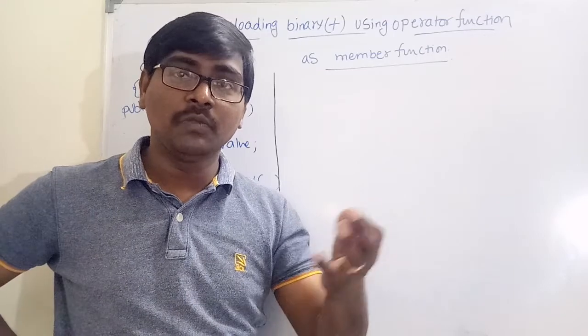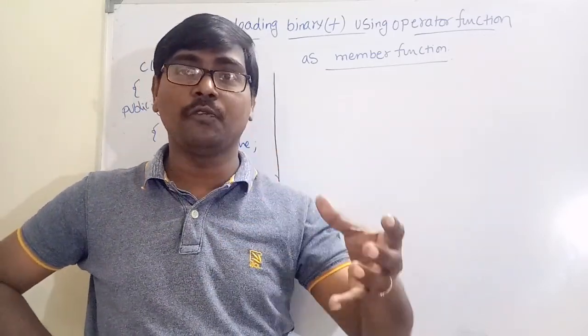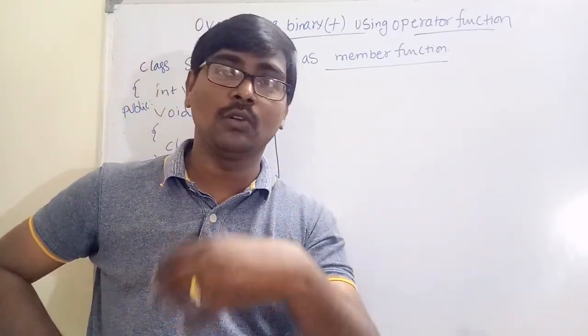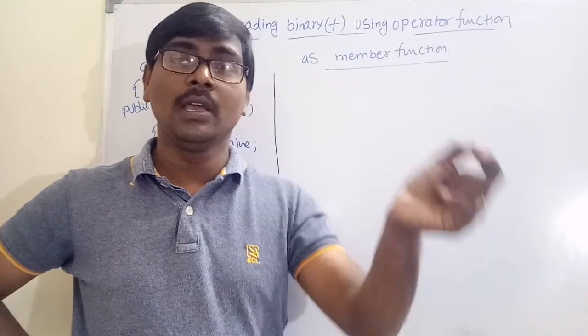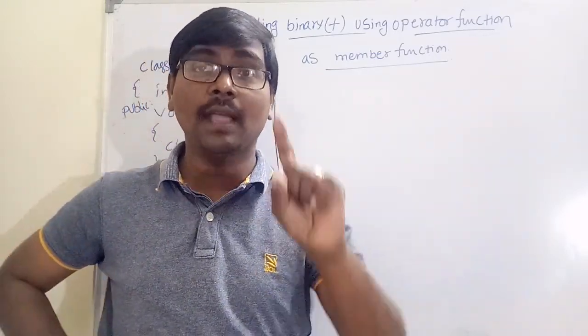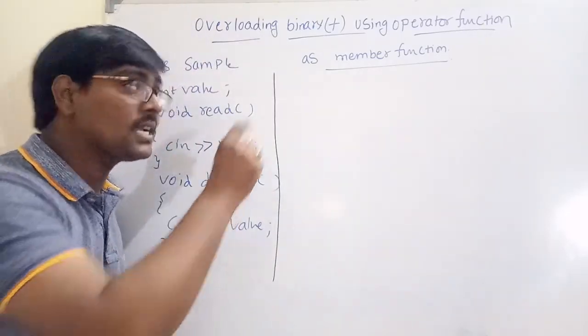So the object is of which data type? Suppose 2 plus 3, I am returning the value 5, which is an integer type. 2.0 plus 3.0 gives 5.0, which is a float type. Suppose object 1 plus object 2, the result is an object. An object is of type class. So what is the return type? The return type is class.